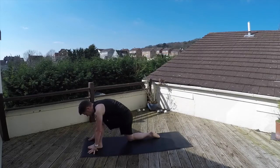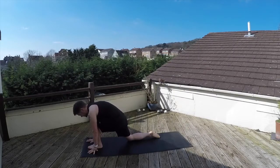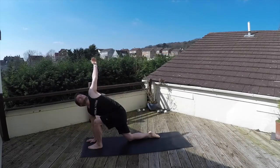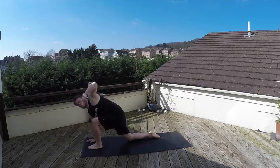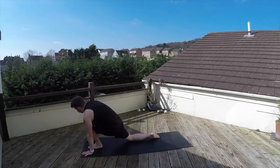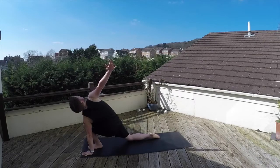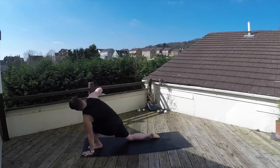A couple of twists here, so we're going to plant our right hand down, big inhale and open up to the left. Easy exhale, let's trade sides, taking that left hand down, open that up with a big inhale to the right. Releasing that palm down,